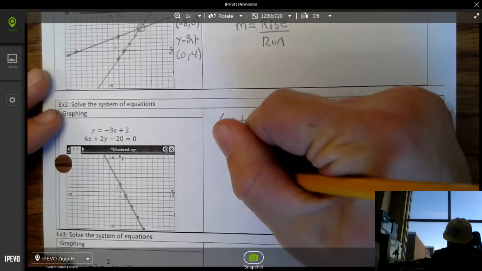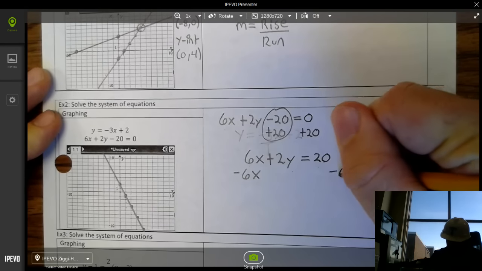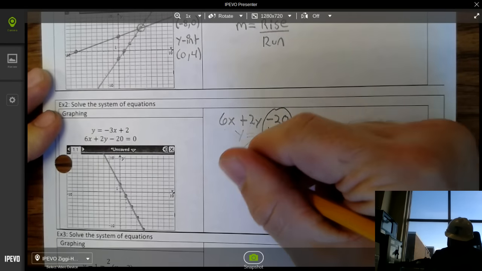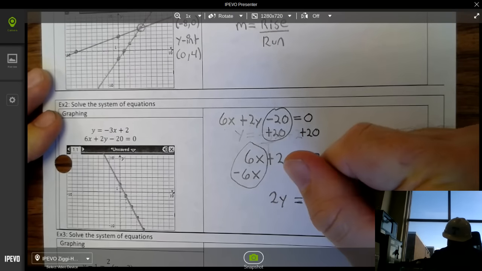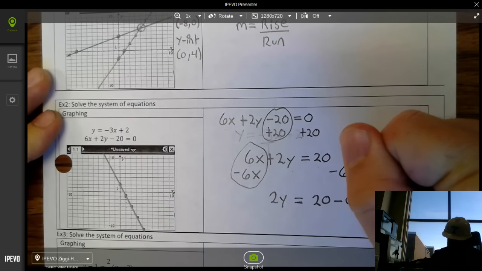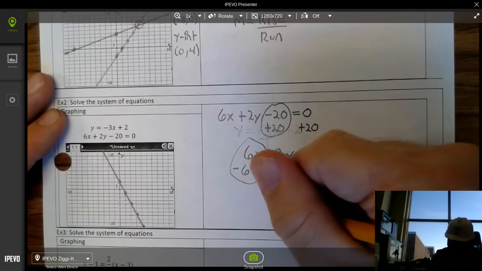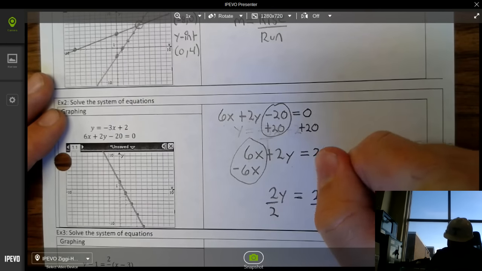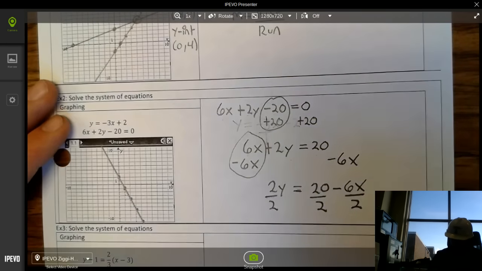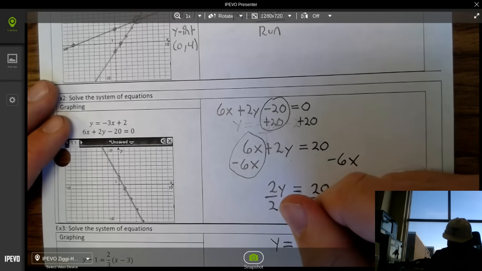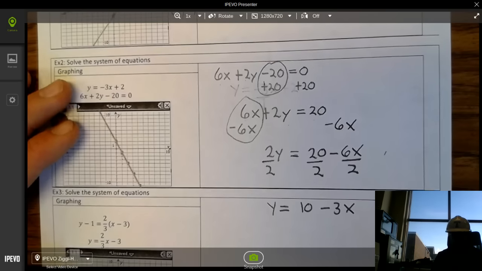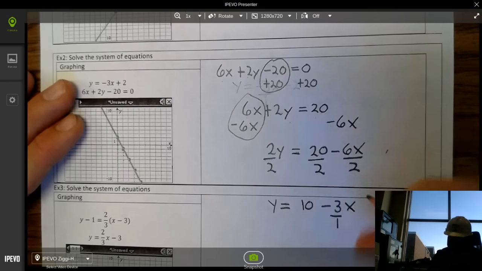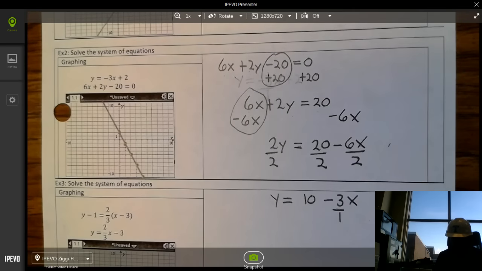So to do that, we're going to subtract 6x from both sides. So 6x minus 6x is 0. You get 2y equals 20 minus 6x. We're going to now divide everything by 2. And so then you get y equals 10 minus 3x. And we're going to put a 1 underneath the 3. Now with slope-intercept form, we have,